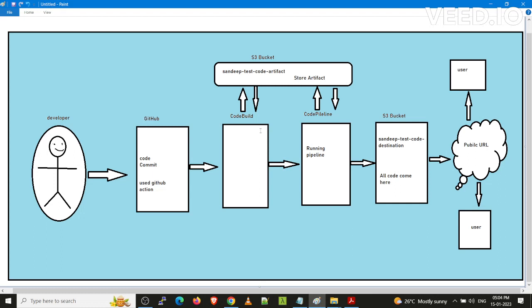Once this is completed, the pipeline starts, and in the end everything is completed. The final deployment goes to S3. Once this is completed, based on the public URL, all users can see the final code shown here.